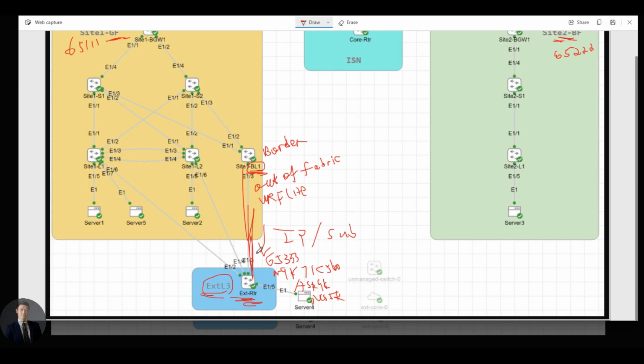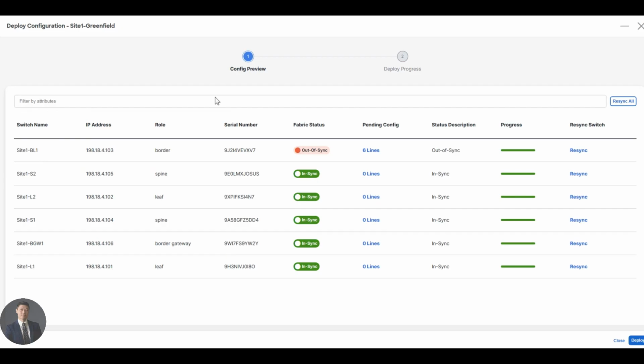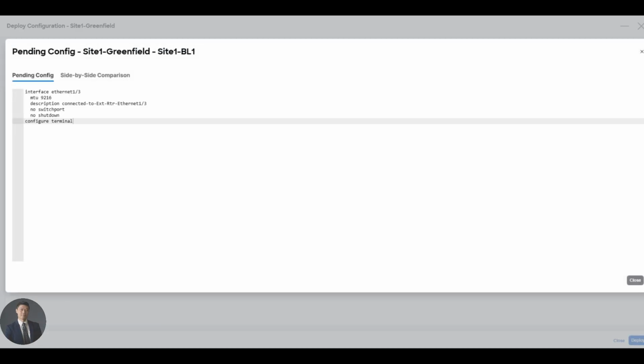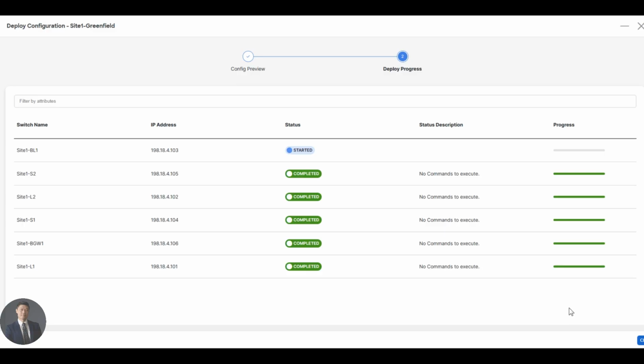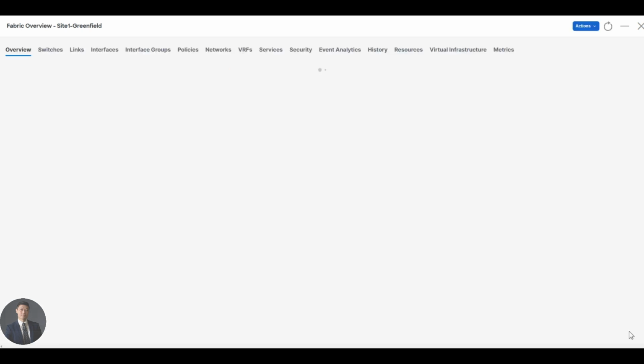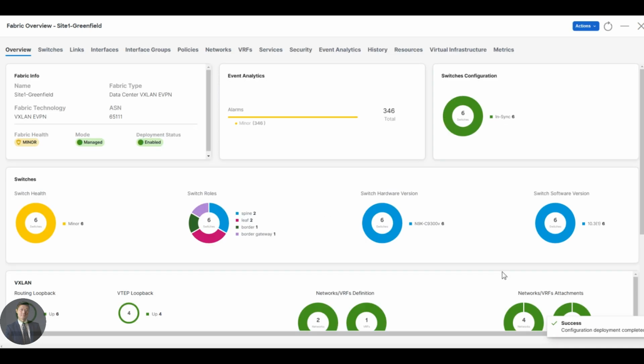Okay, now I'm seeing the lines pending. Let's take a look. Okay, so let's deploy. My border leaf has some configurations pending. Deploy completed, close. Because I now want to extend my tenant overlay externally out of my site 1 fabric,